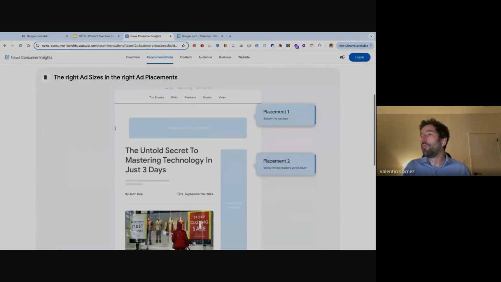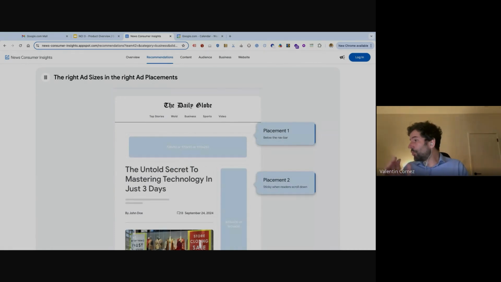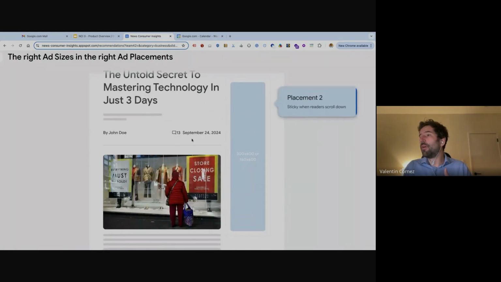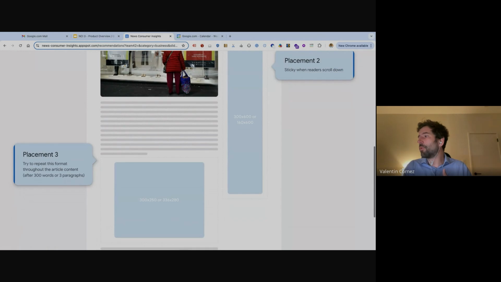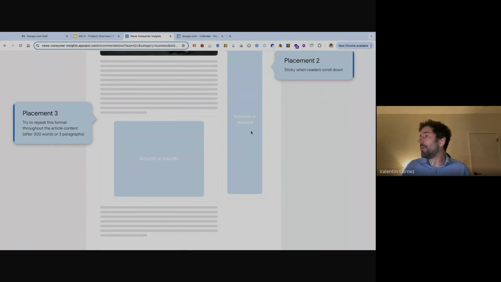And here, we're going to give you some tips on where to put your ads on your site. You need to put your ad below the navigation bar. Otherwise, if it's above your logo, no one will see that unit because usually people are scrolling down the page very quickly, so they never end up clicking on that ad unit. If you have a very long form article, it's great to have a sticky experience. So when I scroll down, this ad stays. So it's still visible, and you increase your chances that users are clicking on those